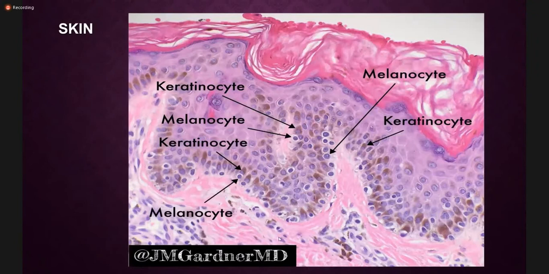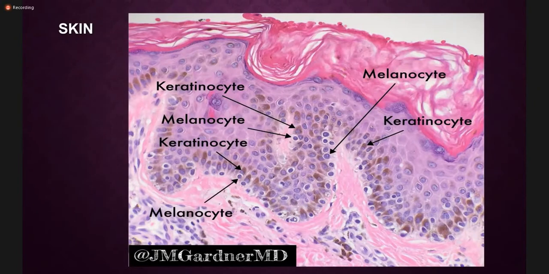So looking at the microscopic picture of the epidermis, as you can see, this is a thin layer of keratin, the stratum corneum. This is the stratum granulosum. You can see this thin layer of granular squamous epithelial cells. Now, beneath this is the lamina lucida, and then here is the basal layer of the keratinocytes. As you can see, these keratinocytes have some pigmented cytoplasm in them. Then these small rounded cells are the melanocytes.